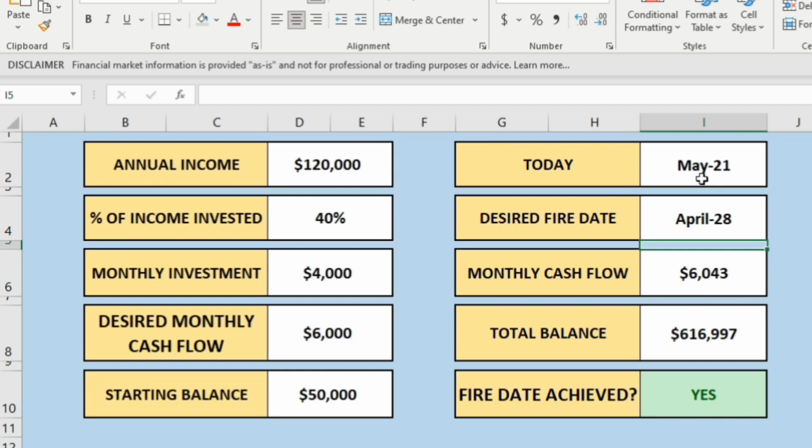With a balance of only $616,000, we have monthly cash flow of $6,043, based on, of course, QYLD's historical growth rate and historical price appreciation, which is actually a loss. We actually have a principal balance that's going down, except for the fact that we're reinvesting our dividends for those 7 years. So there's lots of different combinations we can do in the portfolio here,